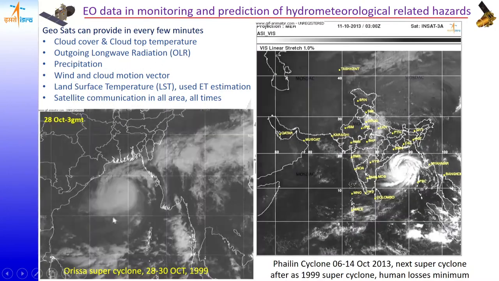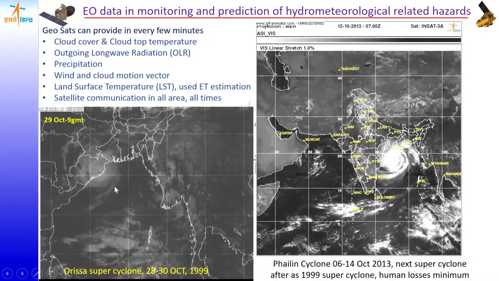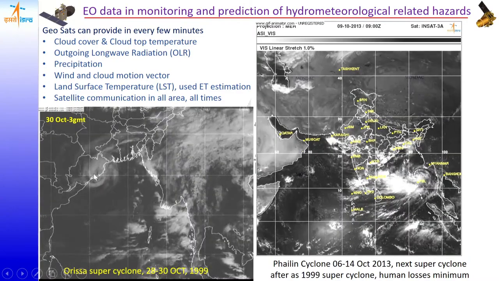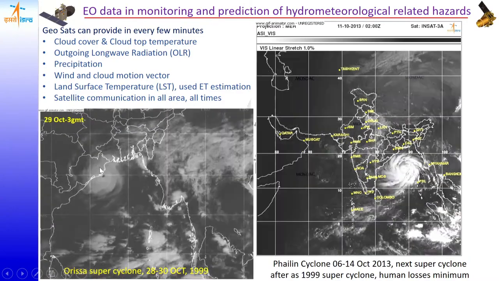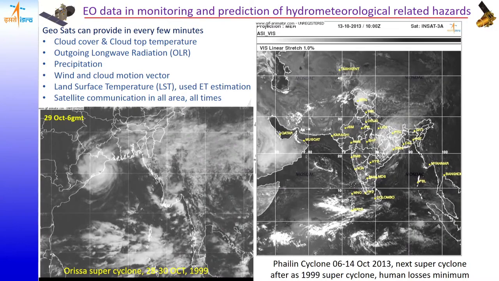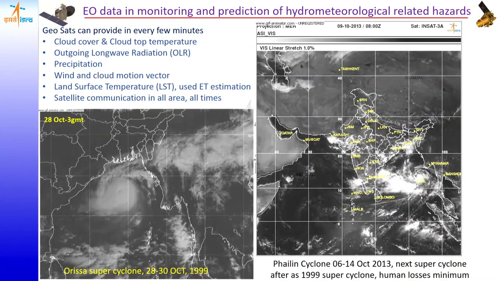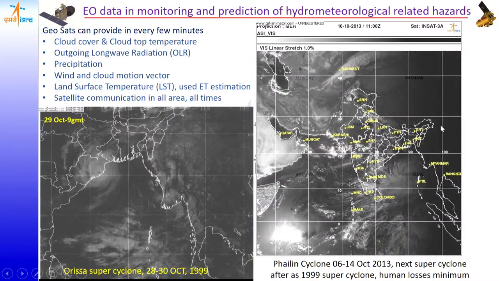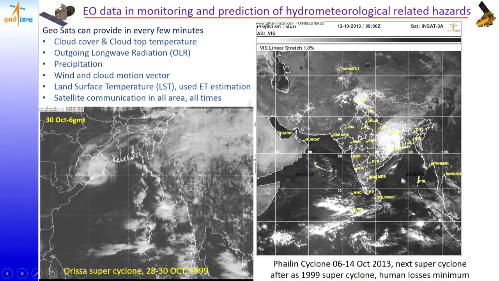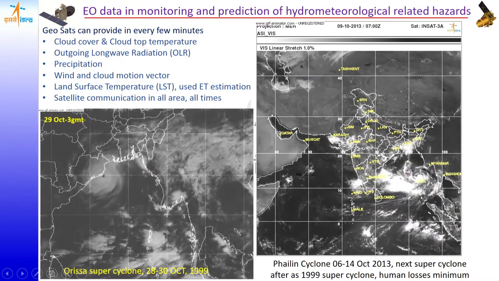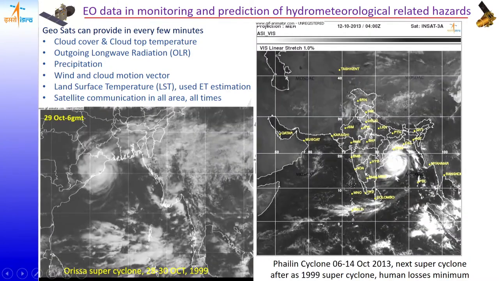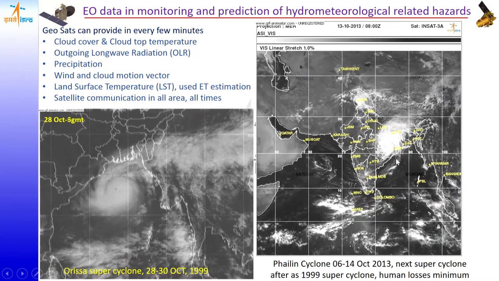And then if this information is integrated with the disaster response team or the evacuation, that is the ideal situation. But that was not present in 1999, and more than 10,000 people died due to the high winds, the inundation, and the damage associated with the destruction of the houses during this particular cyclone. And 14 years after the super cyclone, with Phailin, although there was some structural damage, the human loss was minimum, because as you can see, this center of the cyclone, we call the eye of the cyclone,